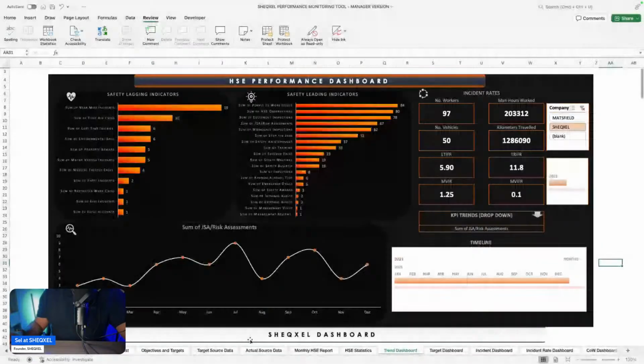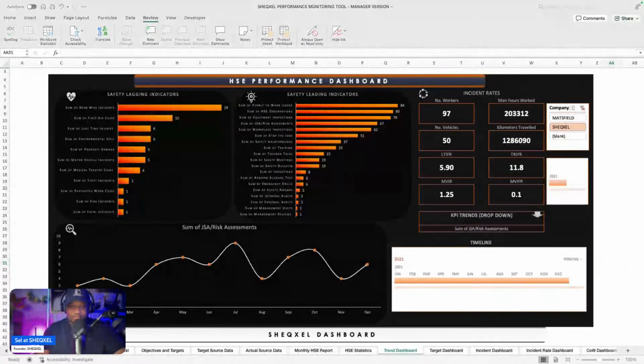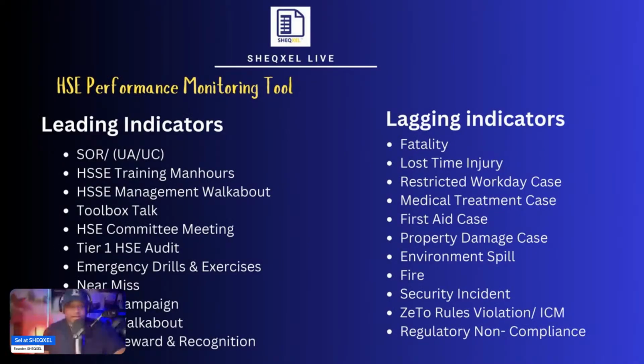All right. Now let's take note that these are the set of KPIs that the person has requested. So we have the leading indicators, we have the lagging indicators. So when it comes to,